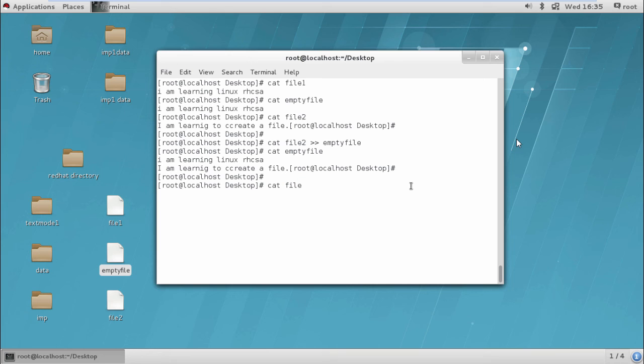Now we are going to see the content of file 1, same way file